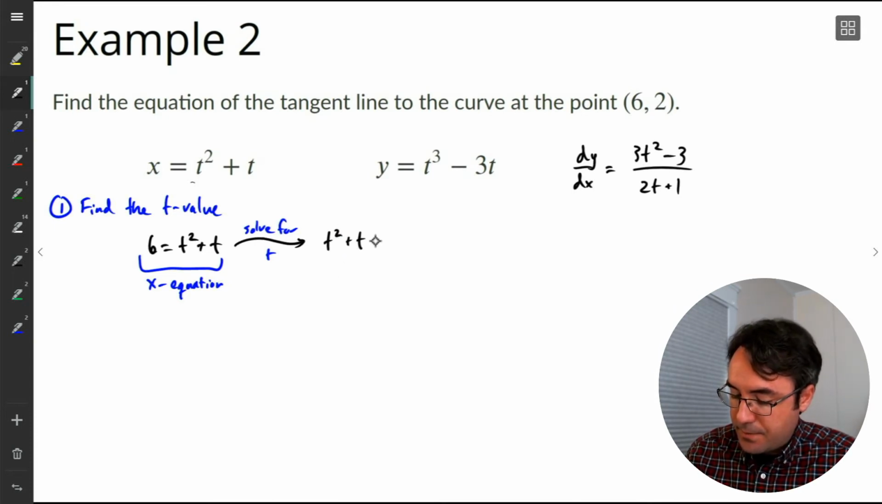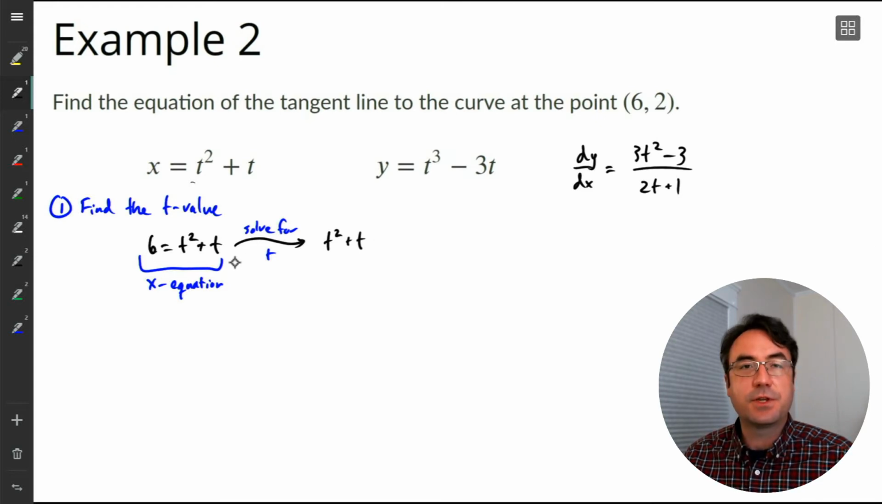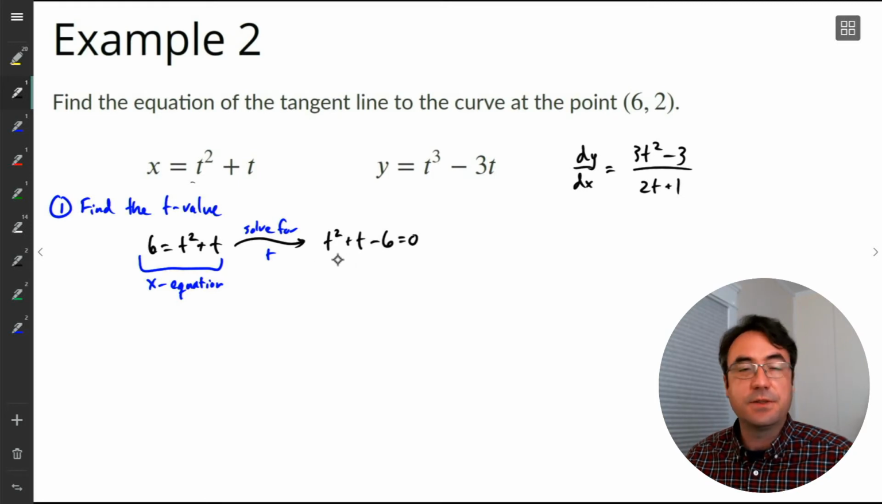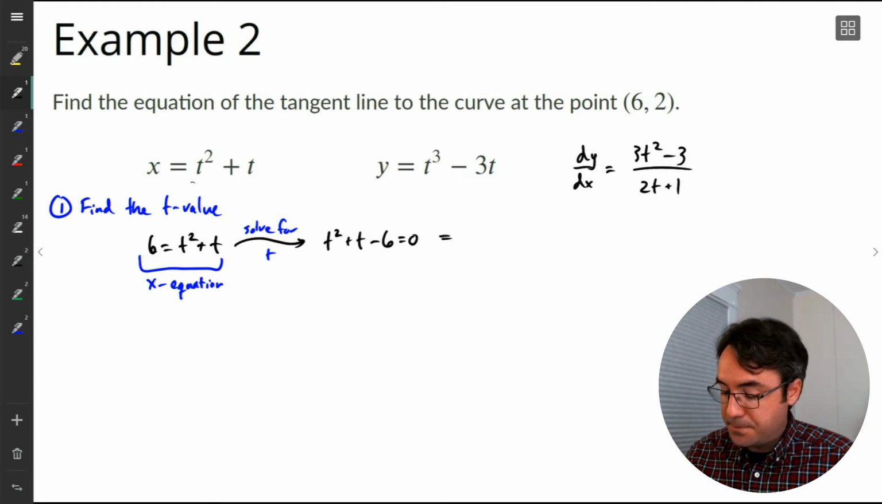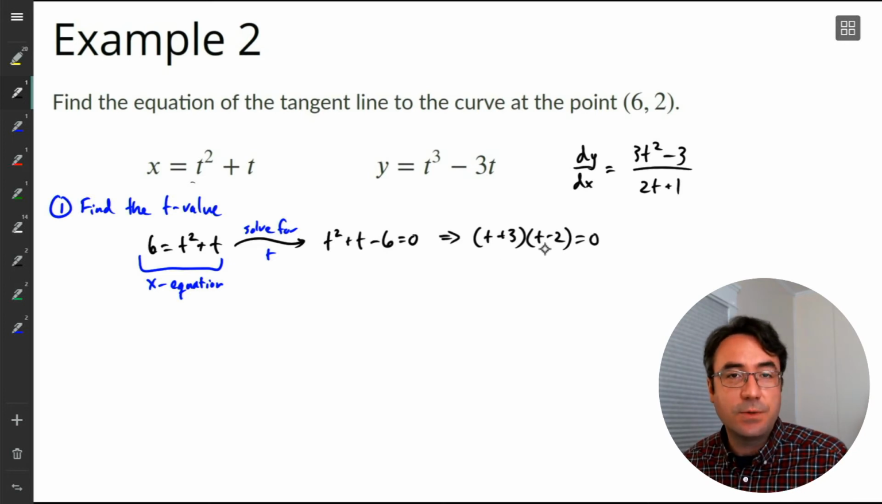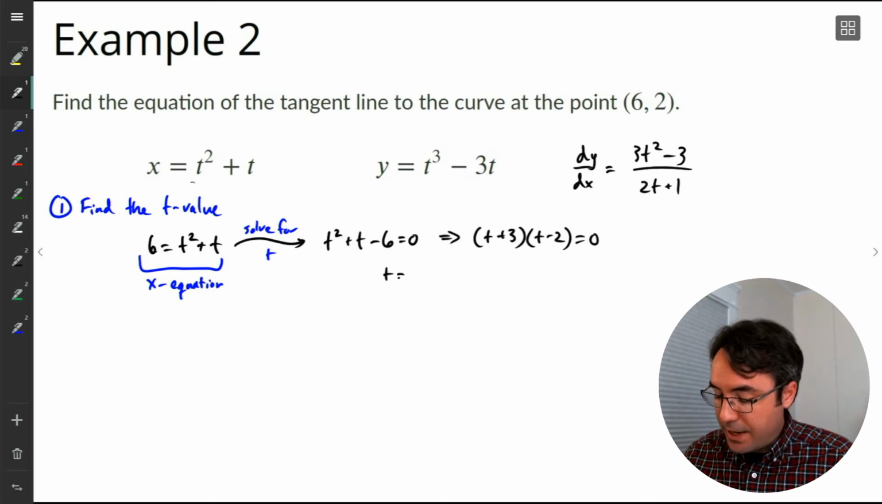Just wrote it down wrong. And then when we bring this 6 over, it's going to become a negative. So it'll be minus 6 equal to 0. Try factoring. This factors very nicely. So we get (t plus 3) times (t minus 2) is equal to 0. And so if we set each of these factors equal to 0, it looks like we're going to have